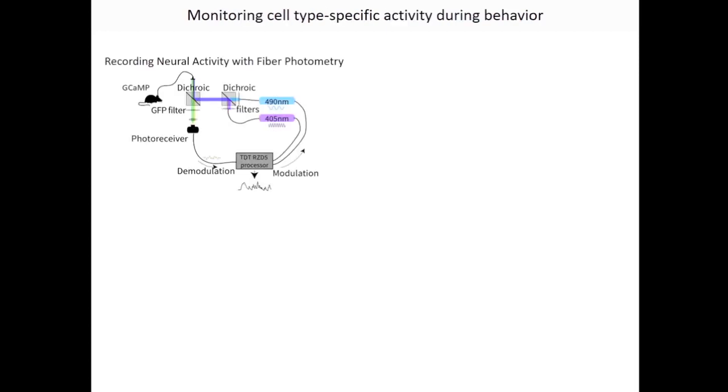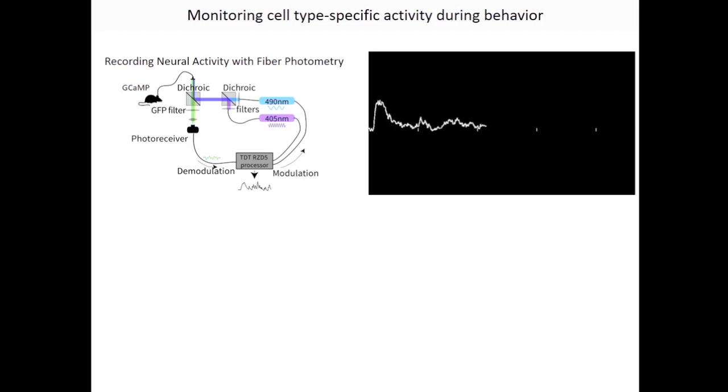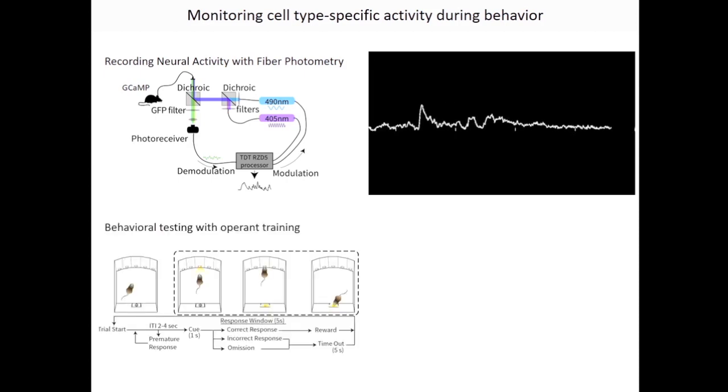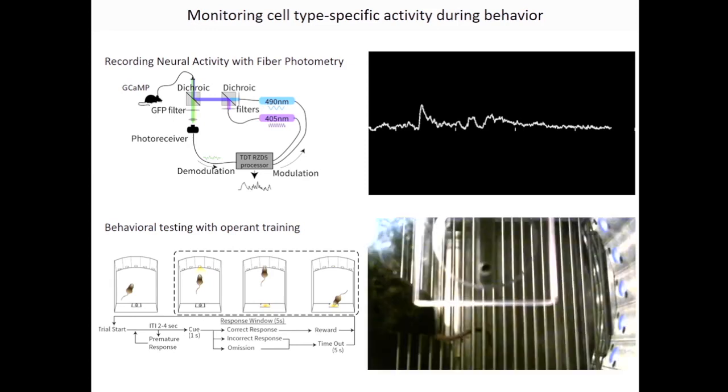And to do that, I'm using a fiber-based method. So this is using GCaMP and an optical fiber just to measure the bulk calcium activity in a genetically defined cell type. So you can see that here. We're monitoring the calcium level as the animal is tethered to the fiber optic. And I'm doing this in an operant training task. So this is one of the tasks that had been used in a medial habenular lesion that had shown a change in impulsive behavior, so I wanted to include it. It also has some other nice features in that it has a learned component. It takes a bit of time for animals to learn this task, and there's a reward component, so I thought there were several different things that I could assay simultaneously.